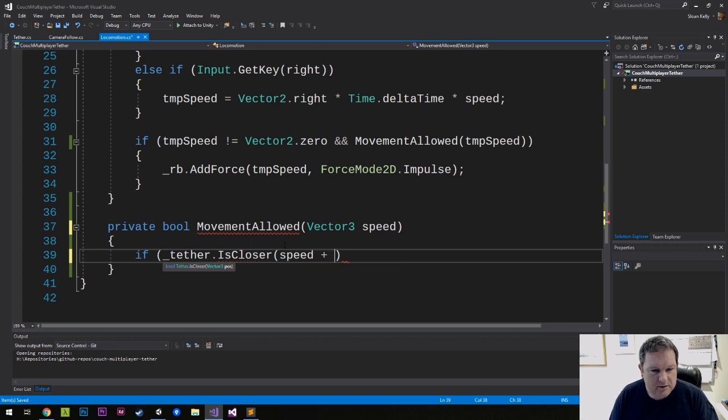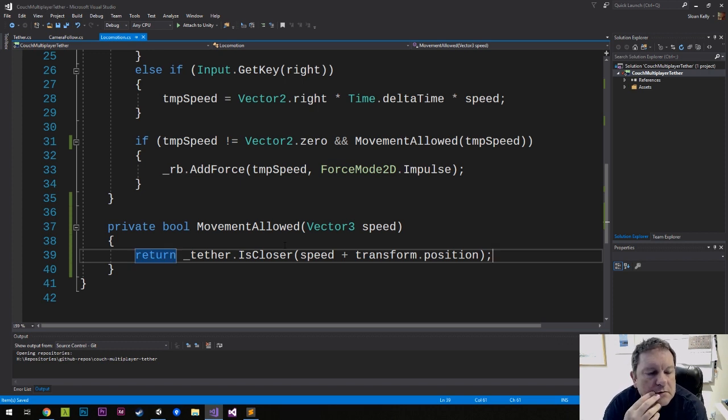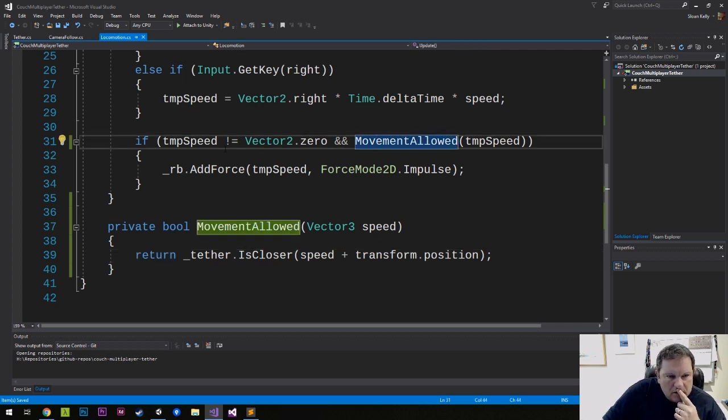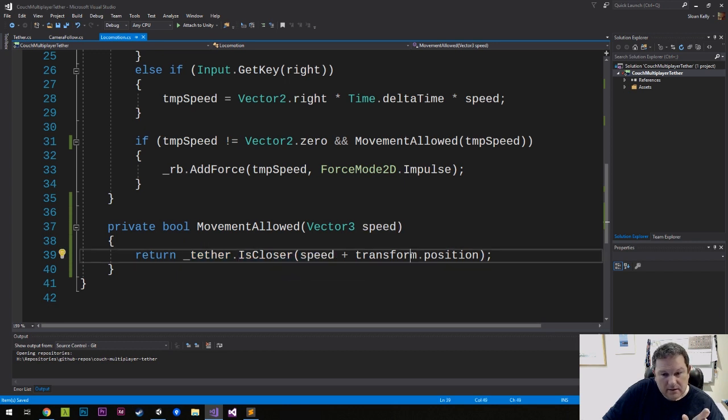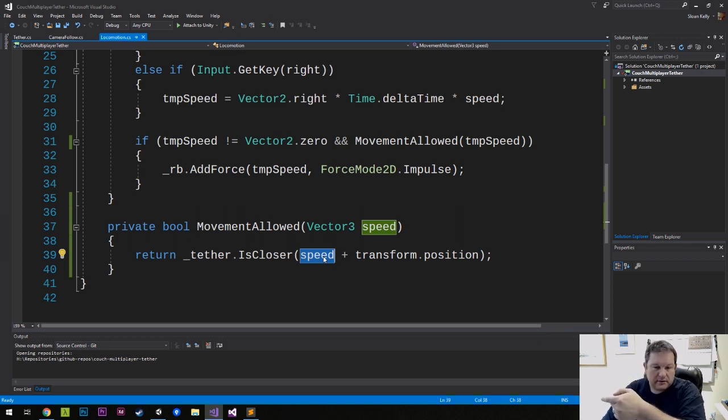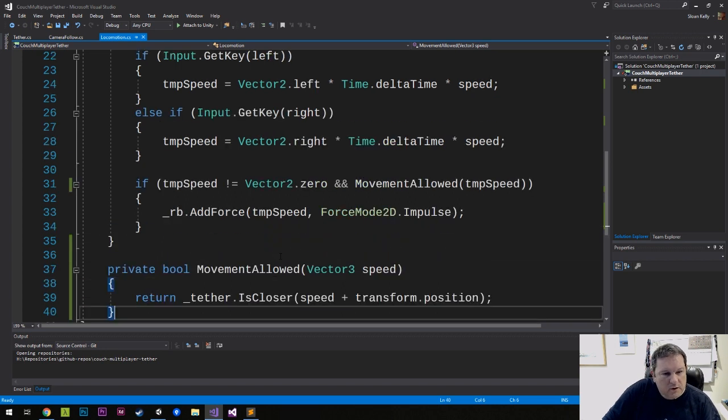Speed plus transform dot position. So speed's negative or whatever, it's going to return that to be true. So we can just do return true. So if the tether is closer, if it's closer, then you can add the speed. Okay, let me just, sorry. So our movement allowed is just going to call our tether is closer. Our tether is closer takes in the current position plus the speed. So if we are traveling positively on X, it's going to add a value on to there, and that's going to hopefully mean that when you